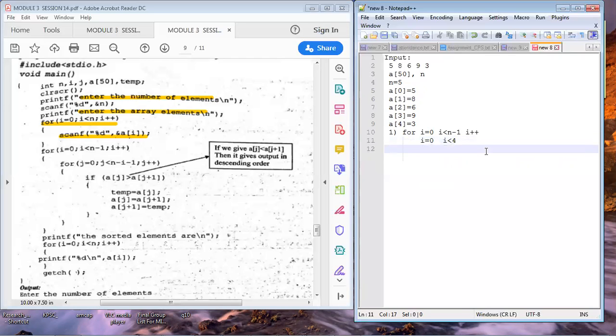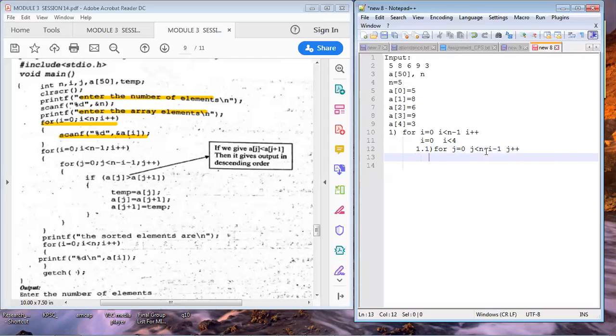Now let us see all the iterations one by one. In the first iteration, the i value is 0 and you have one more inner for loop, that is for j equal to 0, j less than n minus i minus 1, j plus plus. So this is your inner for loop.